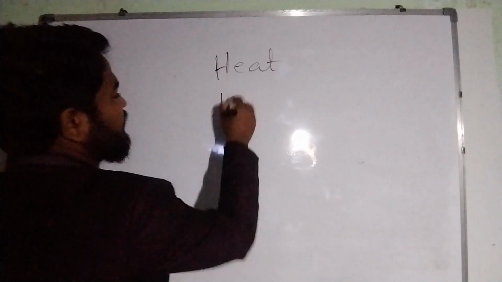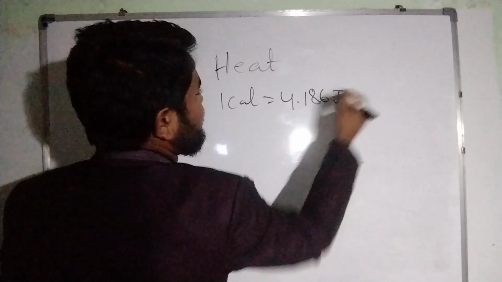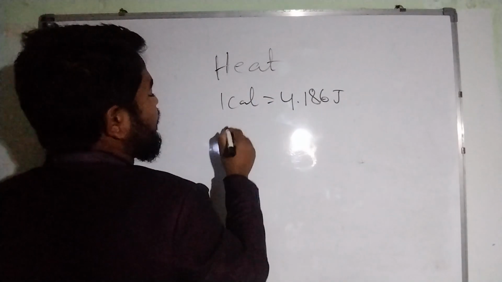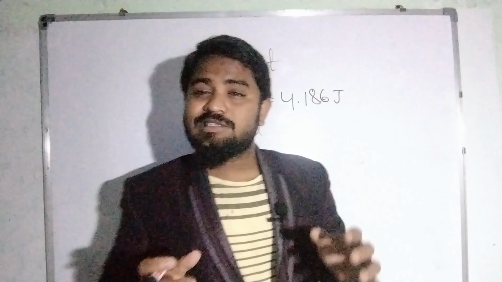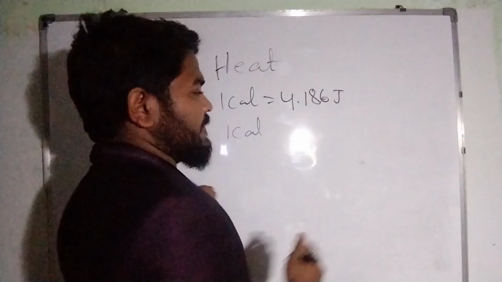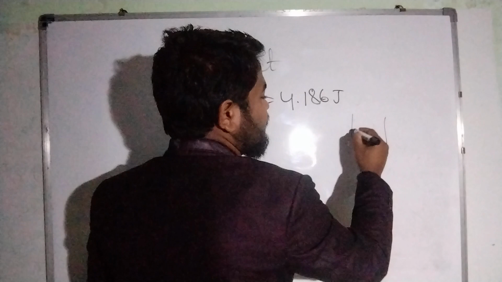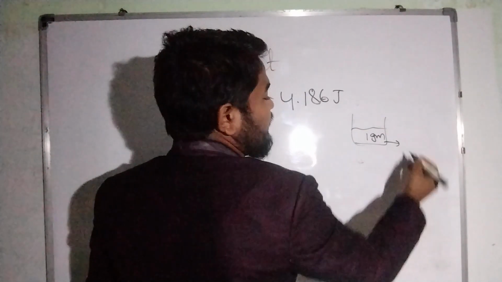Now let's see the definition of calorie. We know very well 1 calorie is equal to 4.186 joules. Now let's see what 1 calorie is. I mean, 1 calorie in the sense of how much energy it would be. So now let us see the definition. Just take a beaker. In the beaker take 1 gram of water, and it's at